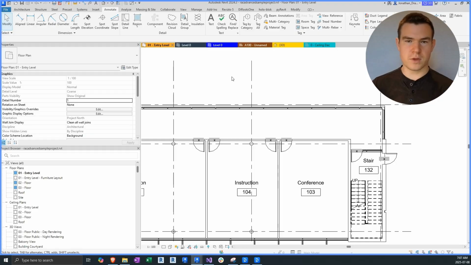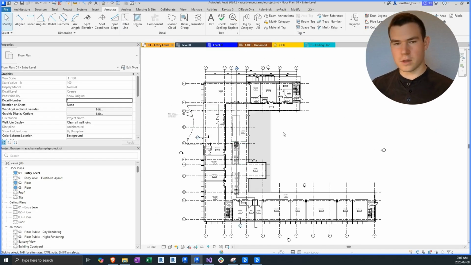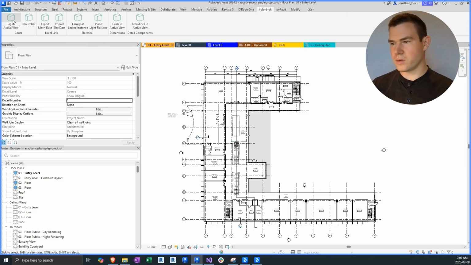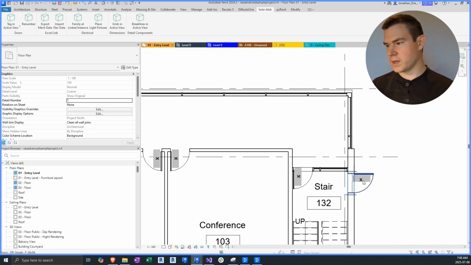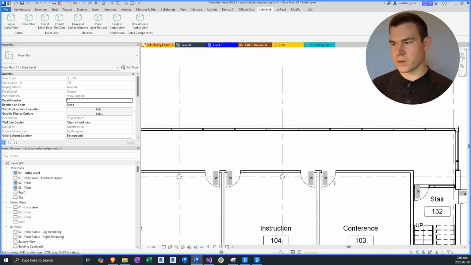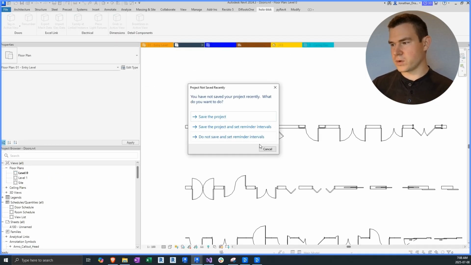But as most Revit users know, tag all tends to make a mess. It doesn't put things where we want them. So we built a tool that can place all of our door tags exactly where we want them every time with one click. That's going to place all of the door tags aligned with the leaf right where we want it, and it's going to work with a wide variety of door types